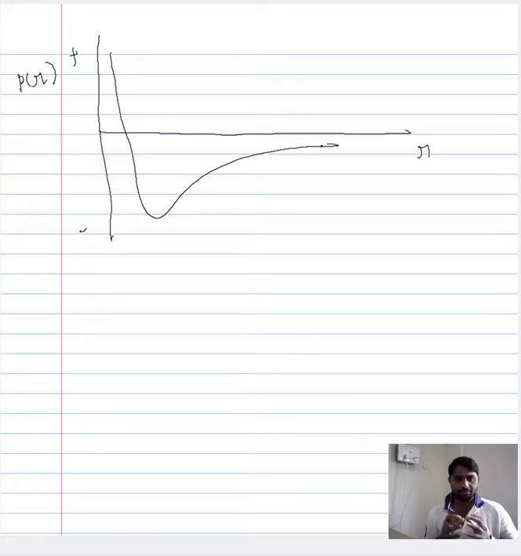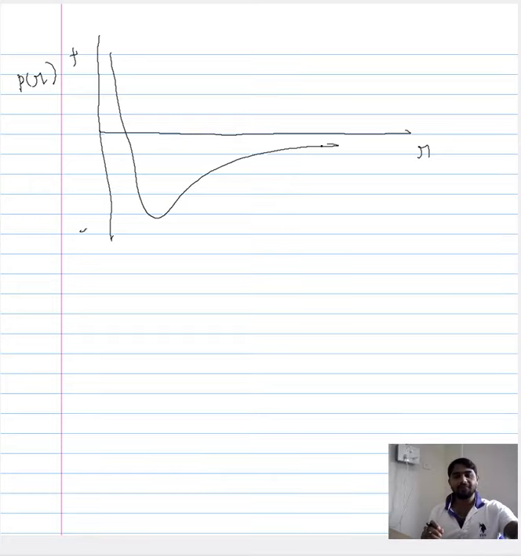Now let us try to translate this interaction potential energy into the force that is acting on the atoms. The interaction potential depends on the position of the atoms, and when the position varies, there is a shift in the interaction potential between the atoms. We can then translate that shift to the force that is causing these atoms to move. So let us try to arrive at a plot for the force acting on the atoms with respect to their positions.